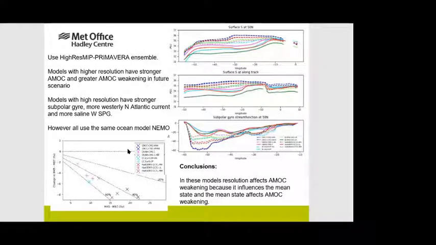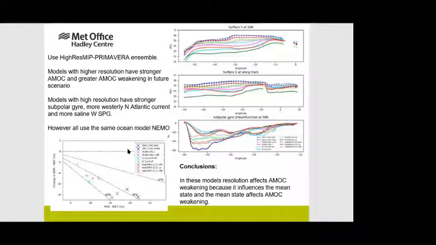A question from Kath Senior: will we have enough different ocean models with high and low resolution comparisons to test whether these results are robust? Yeah, I don't know. I have some ideas about looking at CMIP6 models, and I would like to look at it. Hopefully I can look at the relationship between the mean state and the AMOC weakening in more detail across the models, whether there are sufficient models of higher resolution which aren't just NEMO models. I don't know. There are a couple of comments, which I'm going to leave as comments.